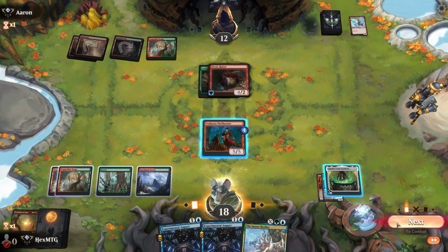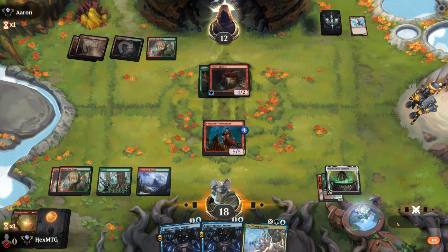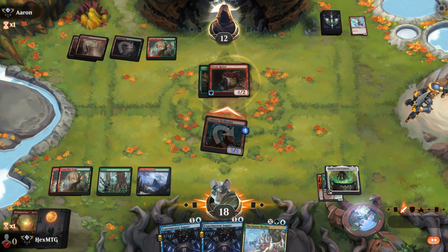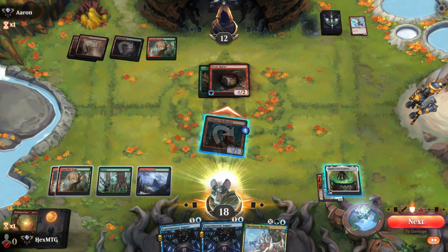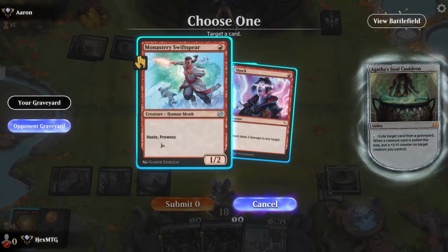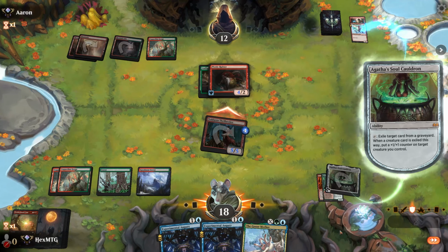So we'll attack with the Thrill Seeker. If they don't block, they're dead. That's pretty much it. I wonder if they see the line. They have 1 mana open. They do not block. All right, well, we'll eat the Swift Spear from their graveyard, make our Thrill Seeker a